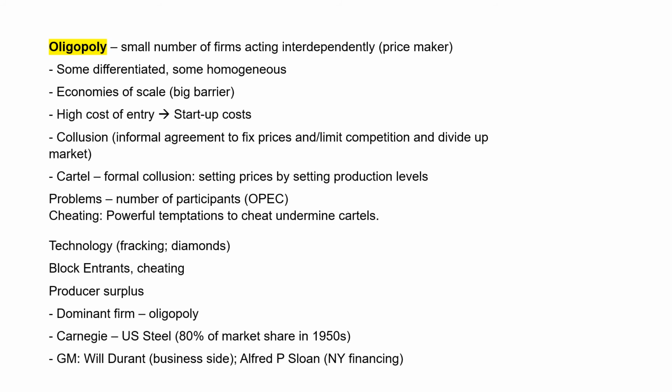So this is where the collusion part comes into play. Collusion is an informal agreement to fix prices and limit competition, thusly dividing up the market. This is that interdependence that I was referring to, is that these corporations have an unwritten rule that they will not compete beyond the normal competition. They're not going to be going after each other in a very, very competitive manner. And competitive meaning driving prices down to neither one of their benefit.